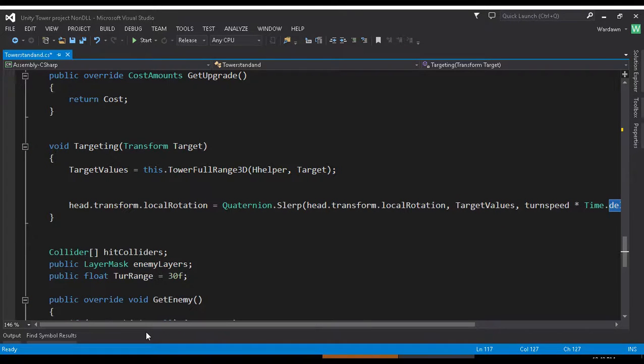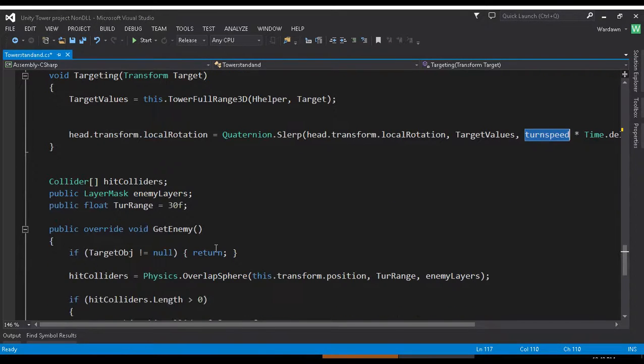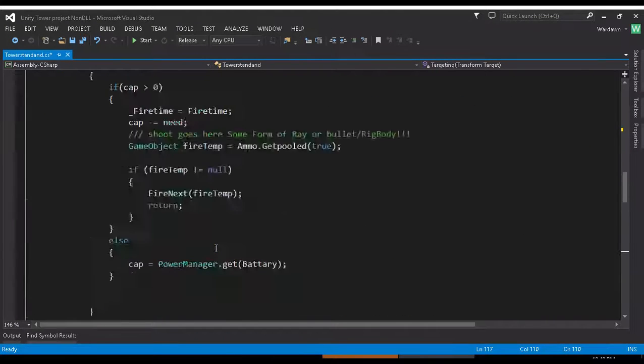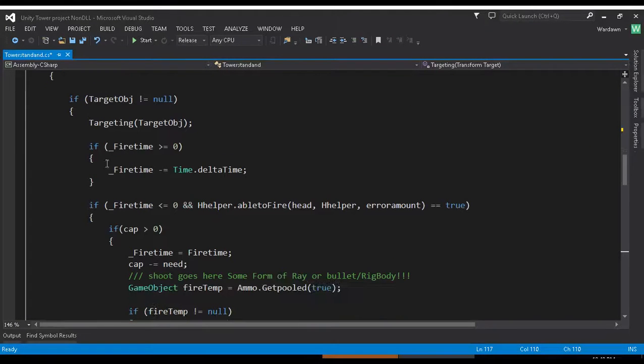So it rotates X amount per frame at a set rate speed. Okay, and that's the targeting. If fire time, the underscored version, is greater than or equals 0, we do a